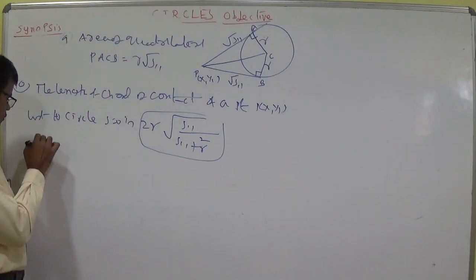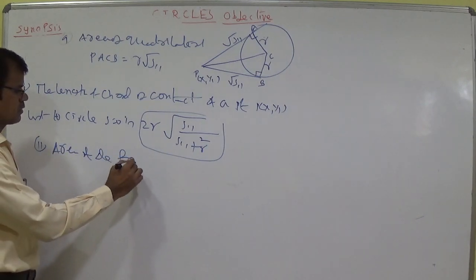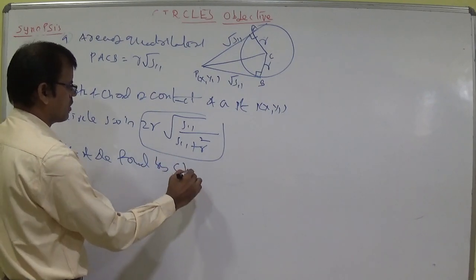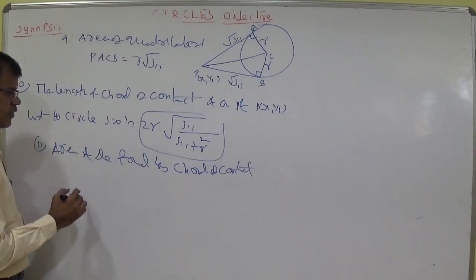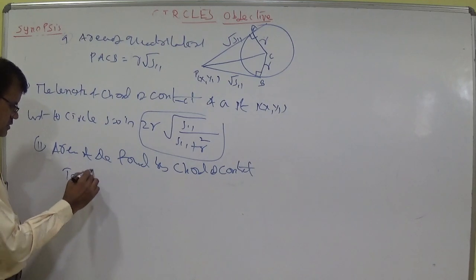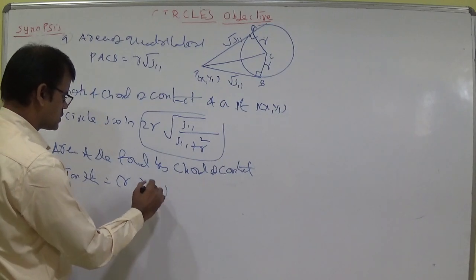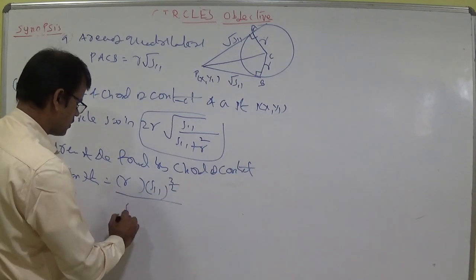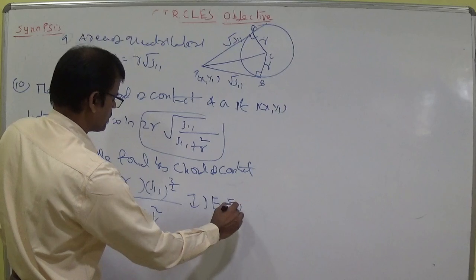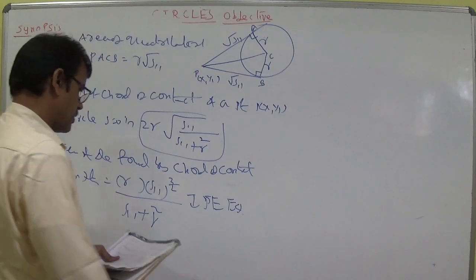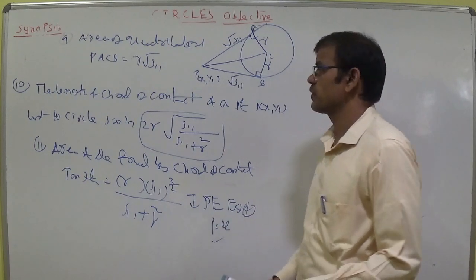Area of quadrilateral, area of triangle is also there. Area of triangle formed by chord of contact and tangents is equal to, we have discussed here, r into S11 power 3 by 2 whole by S11 plus r square. In the sum, example 5, page number 55 I think. Page 55, example 4, you see the two formulas.